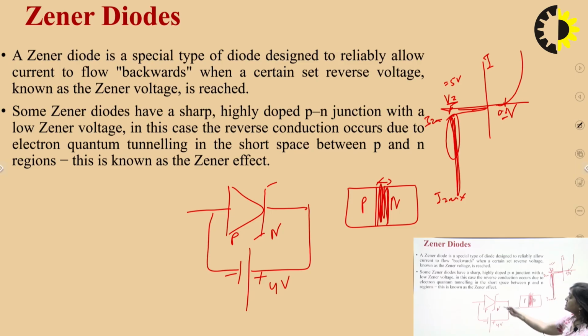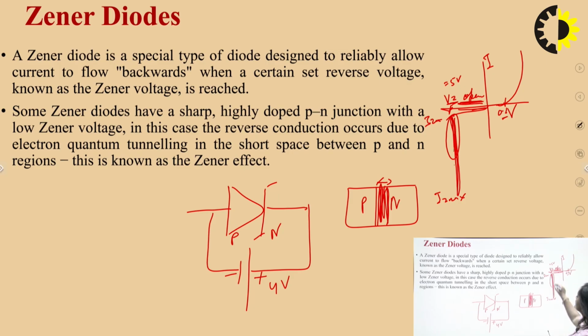If we apply a voltage across the Zener that is less than its breakdown voltage, like 4 volt is applied across, then it will be working here. And in this region, a very small amount of current will flow. That is called the reverse saturation current, because the Zener is in reverse bias. The current will flow due to the minority charge carriers, and since the current is very small, we can replace the Zener as an open circuit in this region.